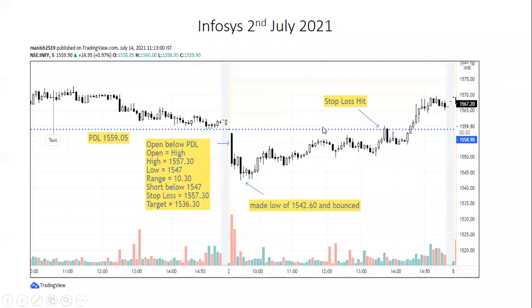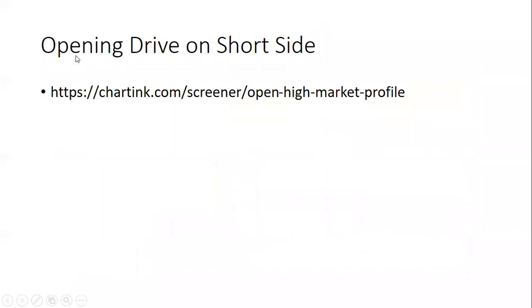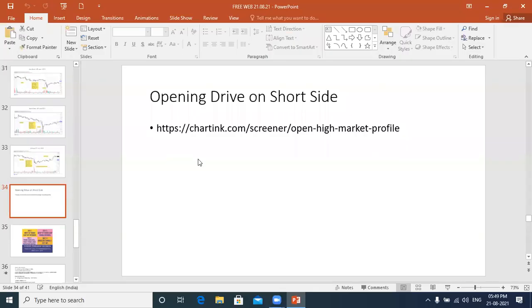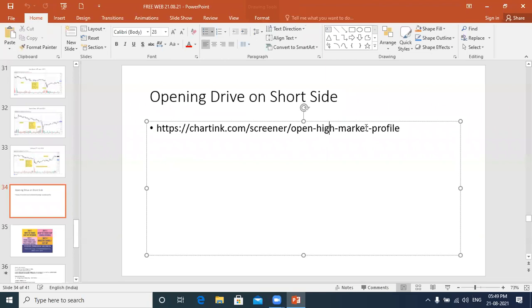Now, how to look for all these stocks in morning? So this is the scanner I have designed. Okay, I will share this scanner with you in chat box. You can look at the chat box. You can run this scanner at 9:20 in morning. Okay, trading will start at 9:15. We are using 5 minutes time frame. So you need to run scanner at 9:20. Okay, you can check the chat box. I have shared the link of scanner with you.